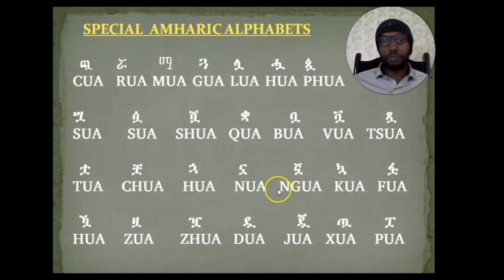So these are special Amharic alphabets. If you know them, they are important. But mostly we are not using them when we write or speak in Amharic, since they are unique. In day-to-day language they are not mostly used. But if you know them, they are important. The basic ones are the 34 basic Amharic alphabets and their subgroups. In the next class, we'll see some revision on the points we have raised.